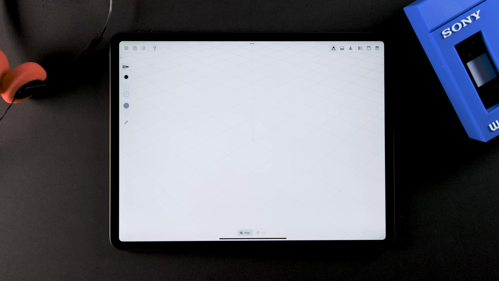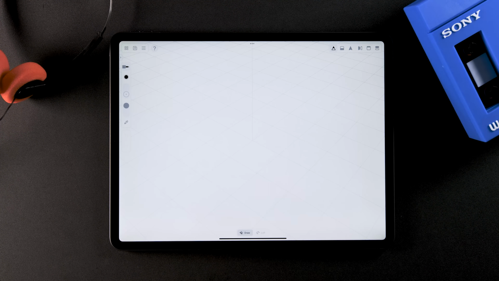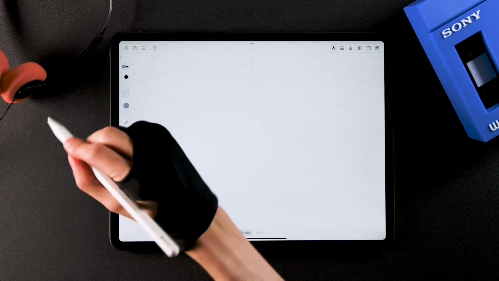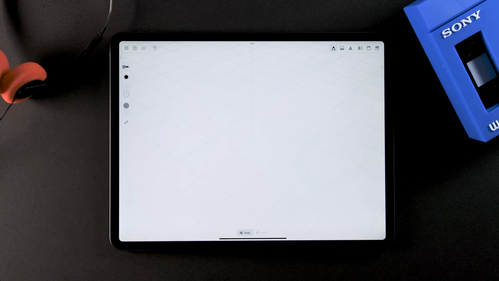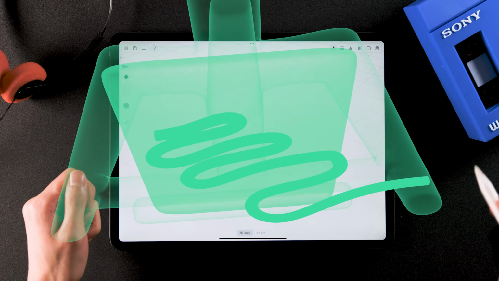Now we're in a new note with nothing but a grid in the center. If we think of drawing in this space, we can imagine a few ways to do it. One could be swinging arms in the air like using a VR device or a 3D pen. Another is drawing on something like paper, a wall, or any solid object.